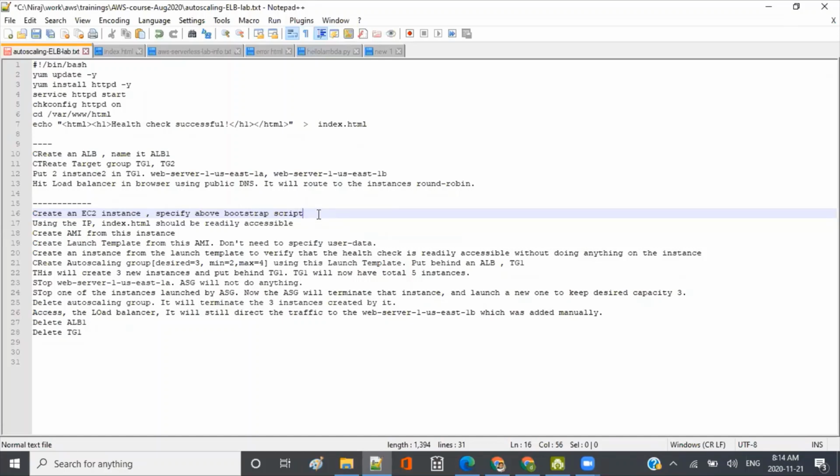For this lab we'll do just this, but generally if you want databases or something, in case you want that, you will install that. You will install any other software if you want. So you will do all these things and make this EC2 instance your main copy, or the golden source copy or the prototype copy, whatever you call it. And then we'll access this using the IP address, like we have been doing so far. We'll access the index.html.